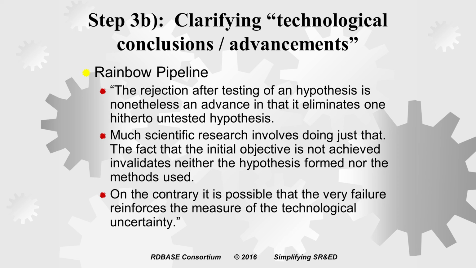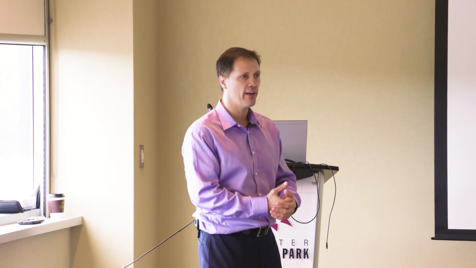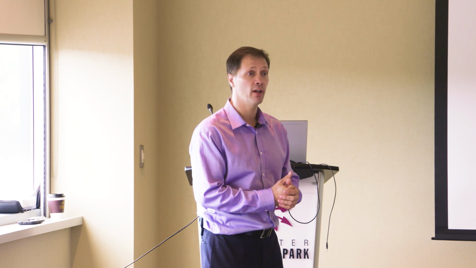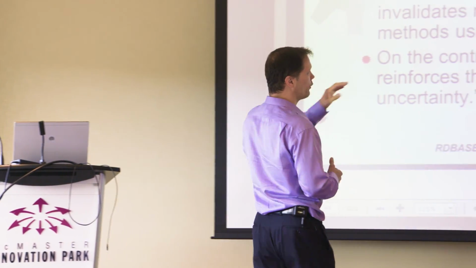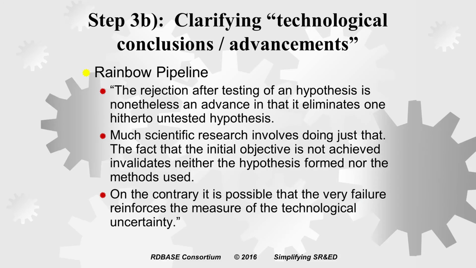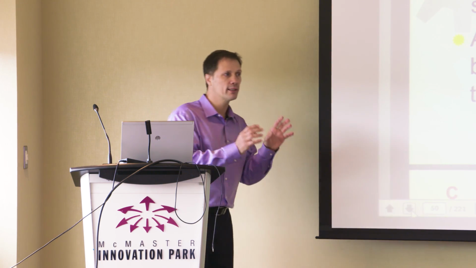And that's true, the CRA is going to appreciate the fact that I wouldn't do an experiment if I knew it was going to fail, necessarily. If I did an experiment that I knew was going to fail, I probably thought it was going to work, or maybe I suspected it would fail, but I still wanted to understand why. Either way, that's a strong indicator. So I would always try to focus on the failures. What did I learn from my failures? Well, I'll not do that again, as much as the successes. The problem with most new claimants is they tend to focus on the business successes rather than the technological conclusions. So we just want to reshift the focus a little bit. Usually the information's there, but the focus is on the wrong part.